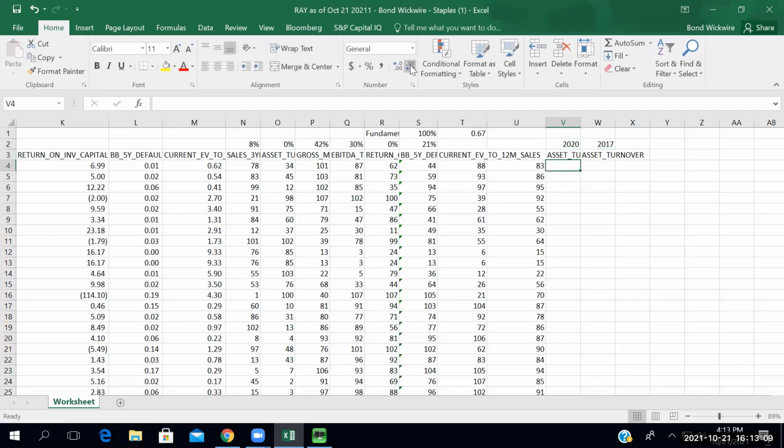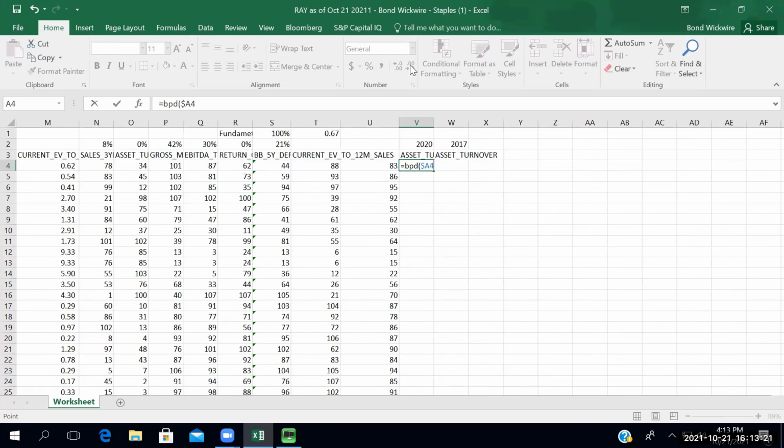So what is the formula? I always forget this formula. I don't know if we've ever used it before, but it's going to be equal BDP. The first part looks exactly like what we've been using. The first thing you want is the ticker, and you lock that in. The second thing you want is the actual factor, asset turnover. Lock that in, comma, and then you just have to type these things. So it's EQY underscore FUND underscore YEAR. I don't know what all that means, but equity, I guess. Comma. Then we reference the year, so we want 2020. We've got to lock that row in, comma, and then we type FUND underscore PER,